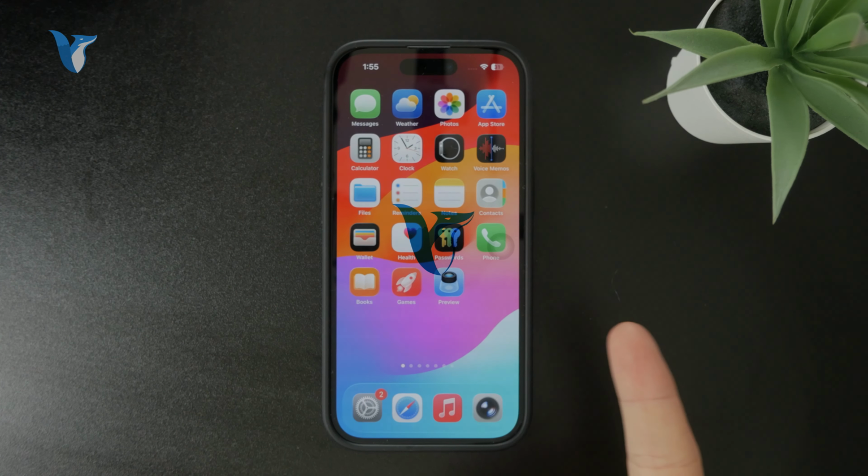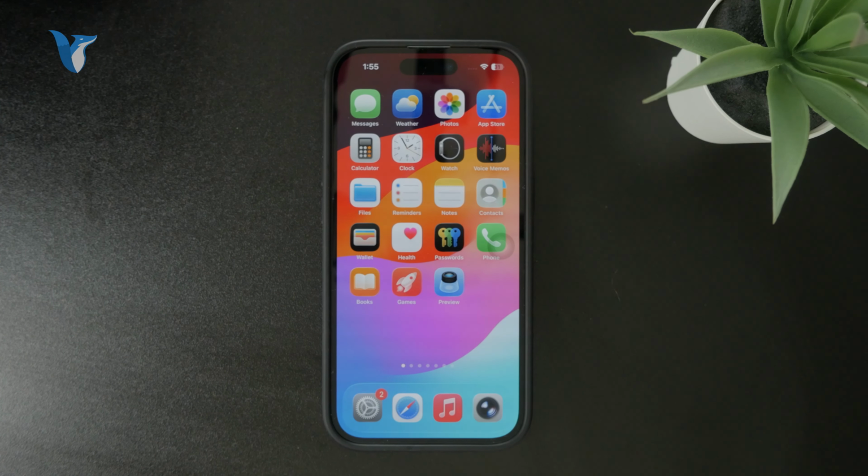Right now, let's talk about Instagram and changing the time zone of the iPhone and understanding the Instagram time